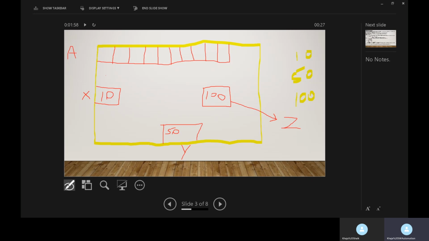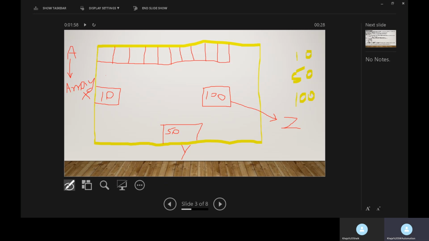I am giving the name A. Now this identifier or variable A is known as an array. This identifier represents the group of memory locations which contain the same type of data. Such an identifier is called an array.